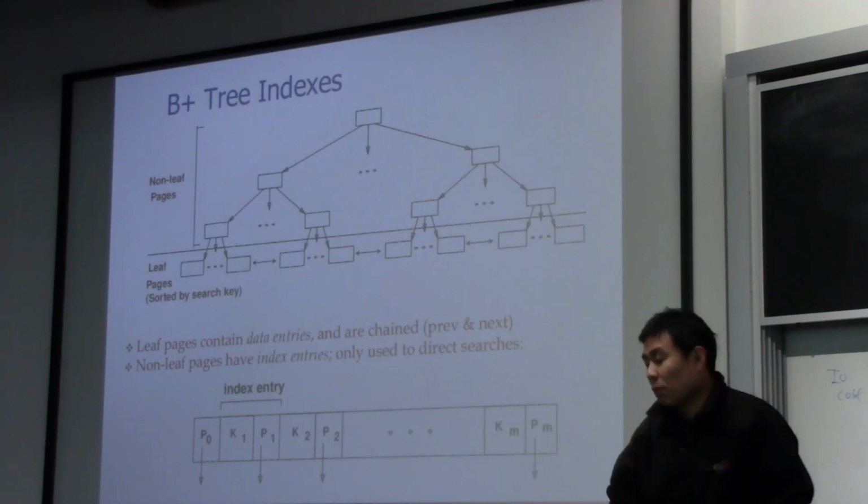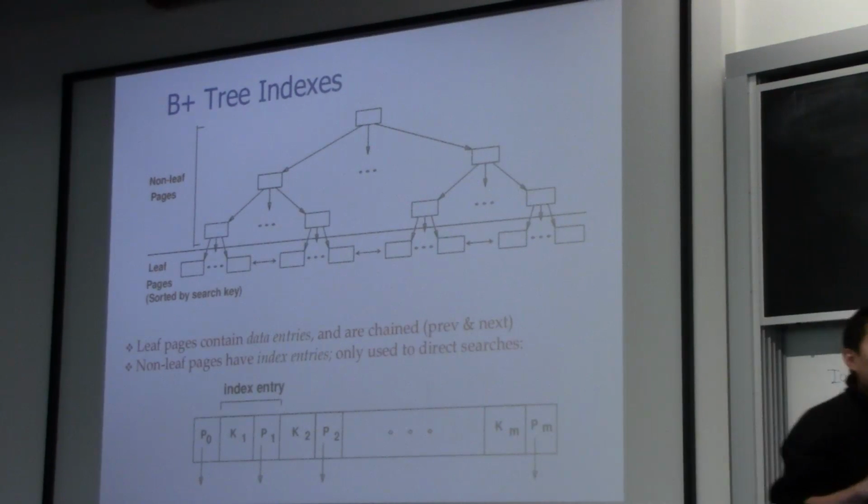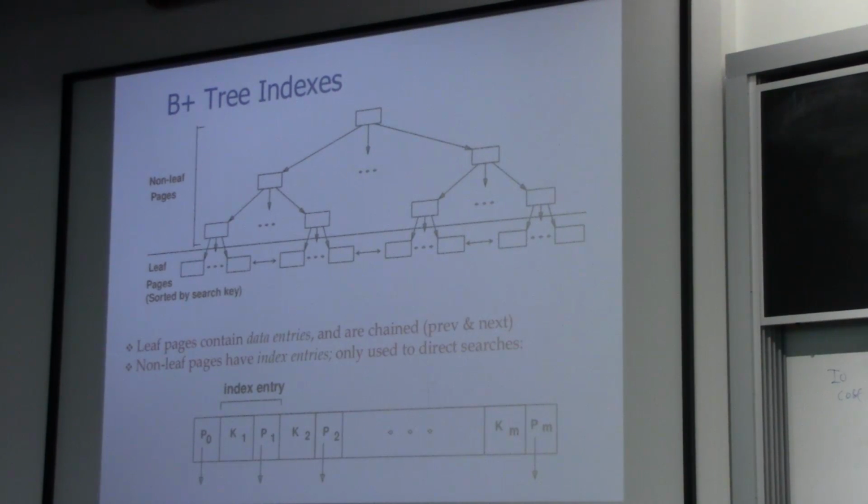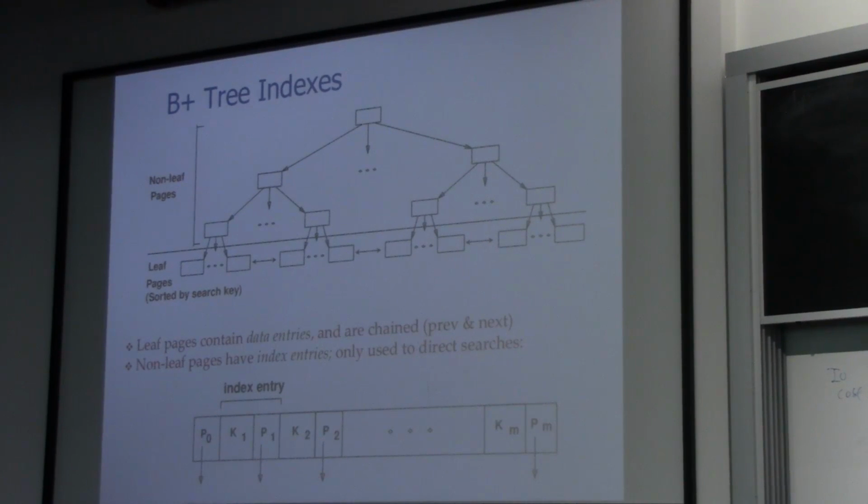Okay? So a B plus tree index is, this is exactly the structure I used in my experiment earlier. I convinced you there's a big difference. That's precisely the structure behind the scenes doing the magic. So on a high level, a B plus tree index is almost the same as a binary tree indexing structure. You guys have learned binary trees, right? Have you learned binary trees? Yeah. So what's a binary tree?